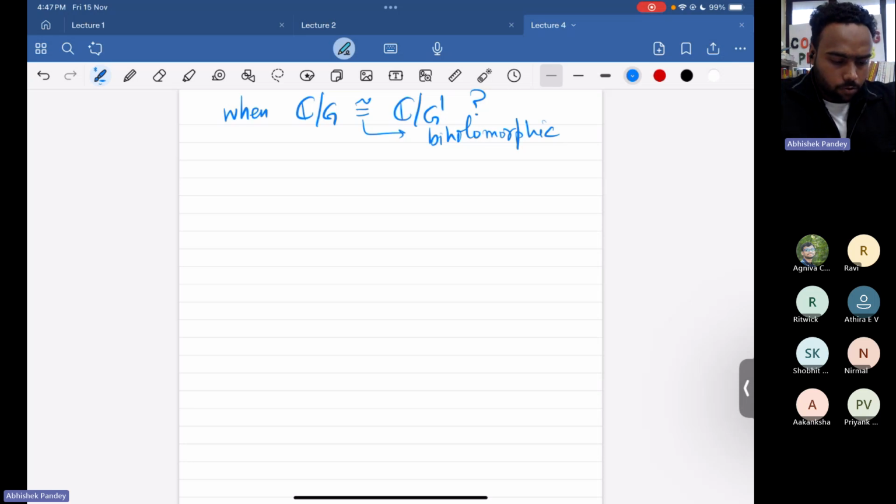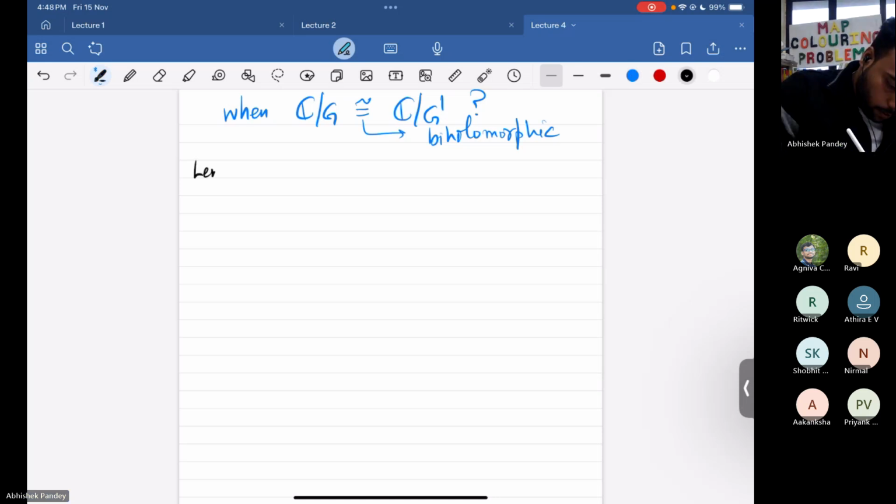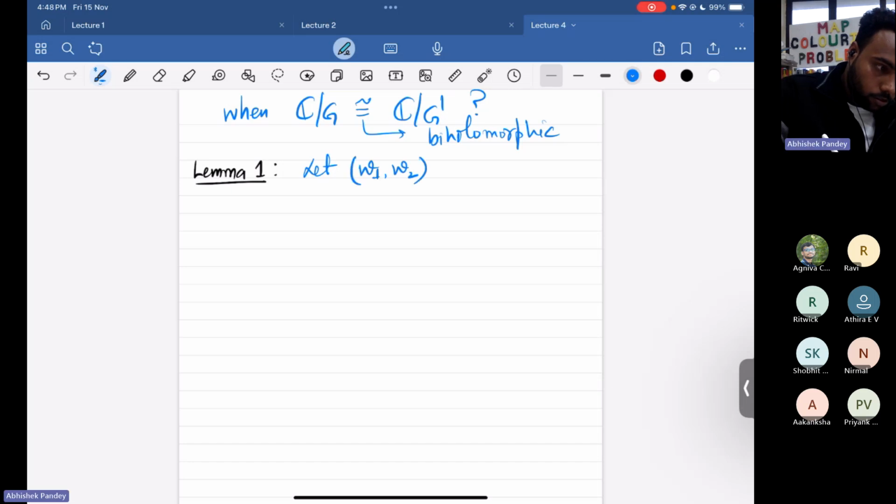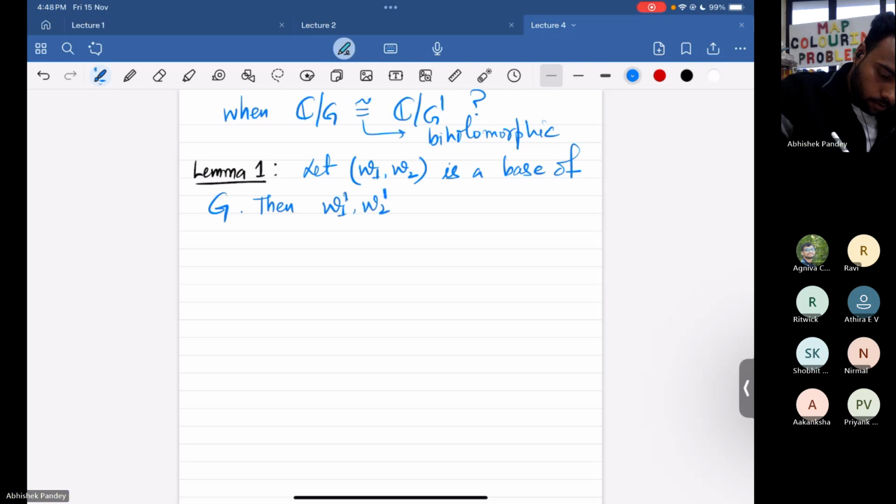So I will divide the proof into several lemmas so that it is easy to understand. I will write the main theorem at the last. So let this pair W1, W2 be a base of G. Then W1', W2' is a base of G if and only if